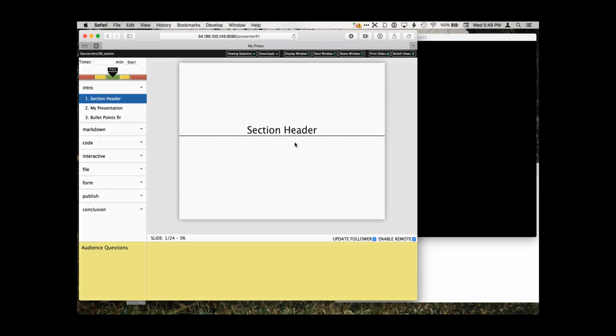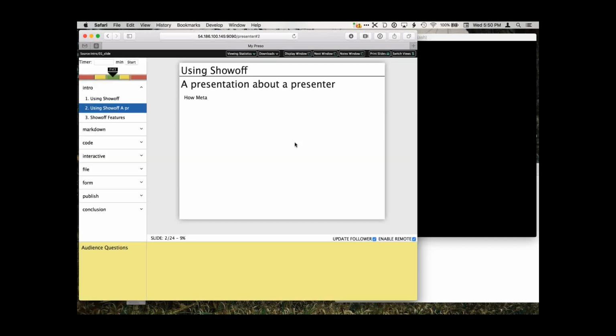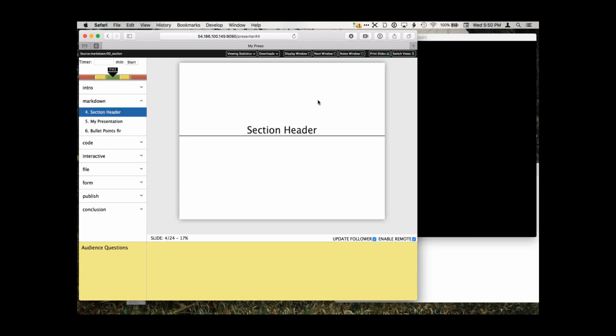So we have a command, R, that will expire that cache. So it'll throw away that compiled cache and reload the content. So I'm going to reload it. Now you see using show off features, and you see we've got that. Now, the bullets look kind of ugly. I really don't like this style. We're going to fix it next week. But in the meantime, I can style it any way I want to. So keep that in mind. I'm going to come back to that as we go through the Markdown slides. So let's get started on that.